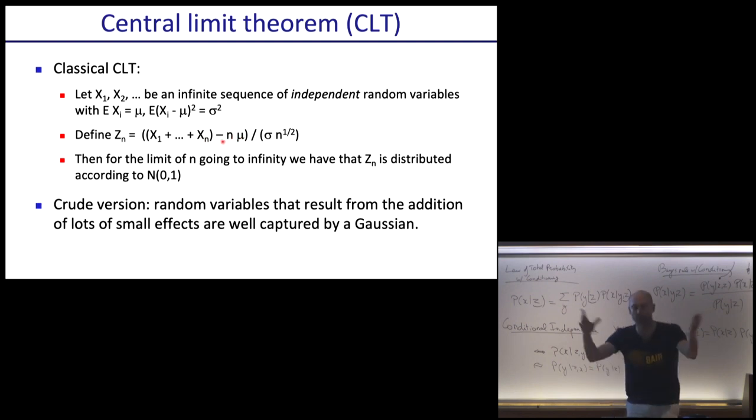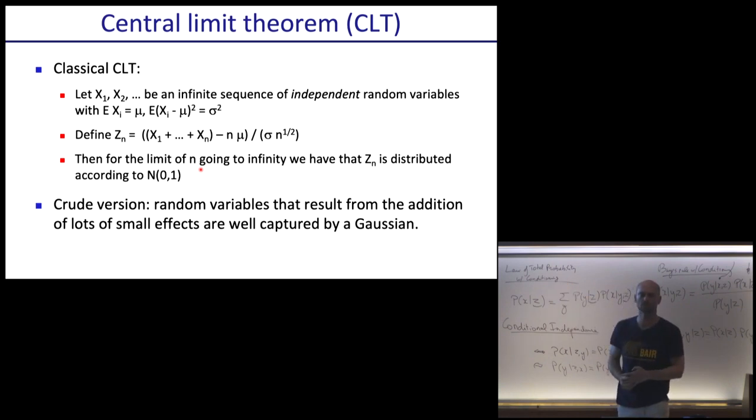So this should be centered around 0, because it's the sum of all of them minus the sum of the expectations, and then normalized by this quantity over here, so scaled down. Then, in the limit of n going to infinity, with infinitely many of those variables put together in a sum, centered around 0 and normalized, we have Z going to a 0, 1 Gaussian, so 0 mean,